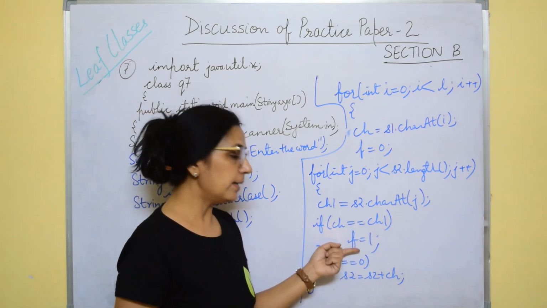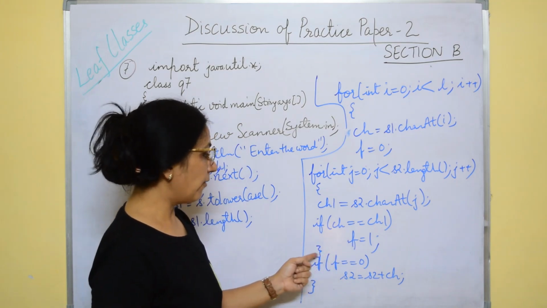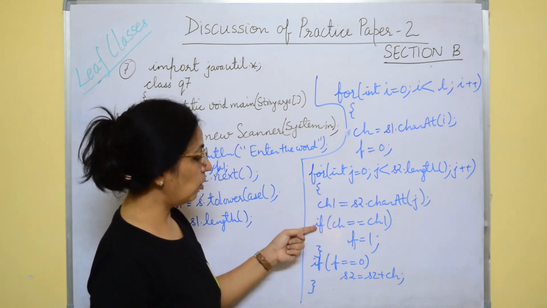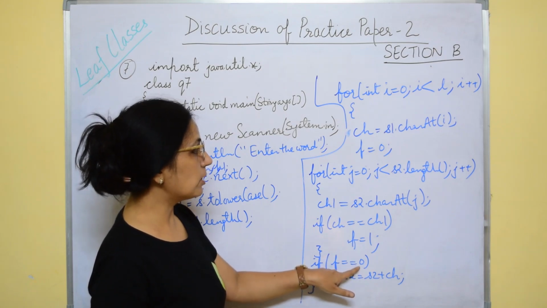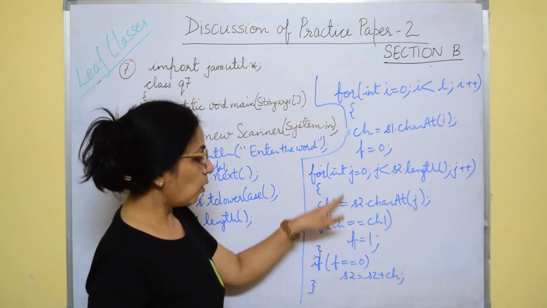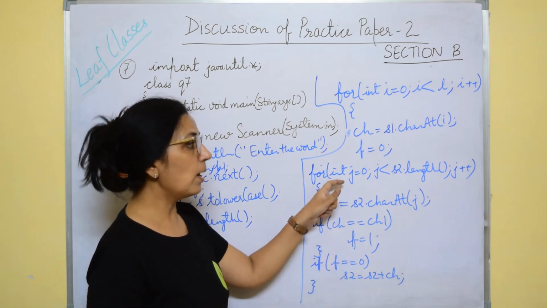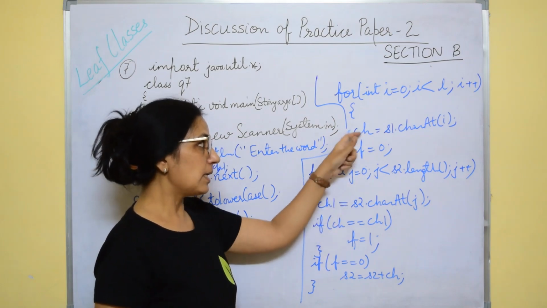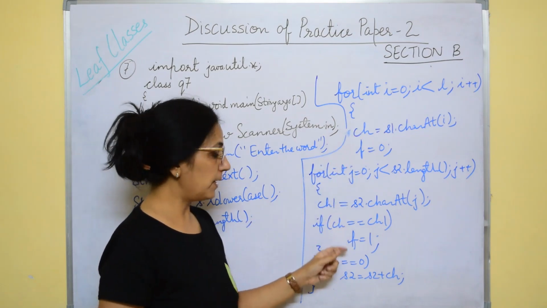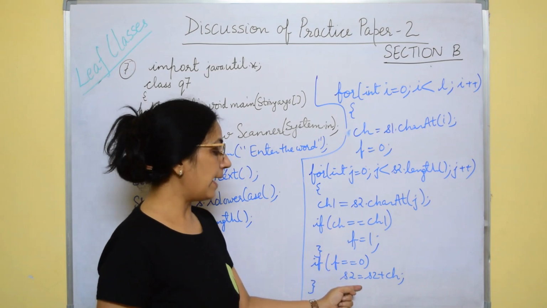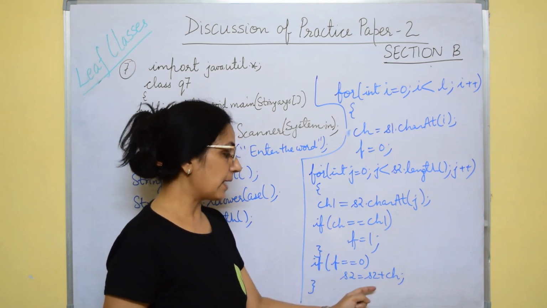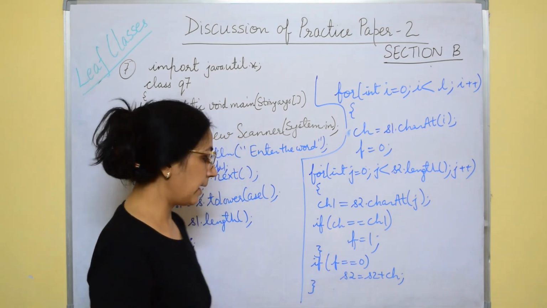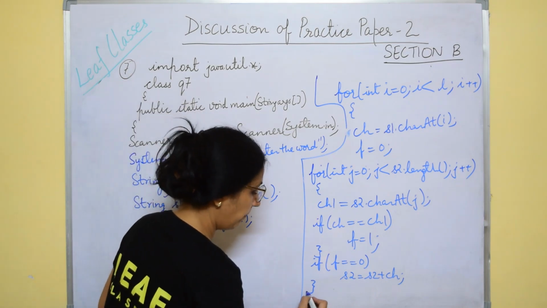found, you turn the flag as 1, and after completion of this inner loop you will check if f equals 0. That means nowhere this condition was true in s2, that ch character is not present, then you will add that ch character in the S2 string, right? And after that you will print